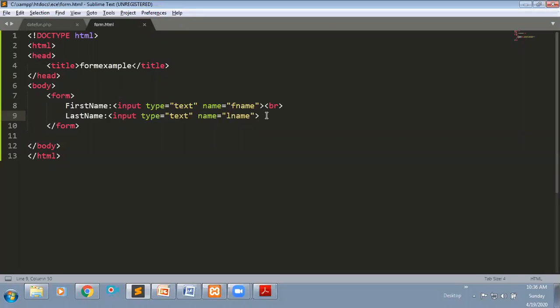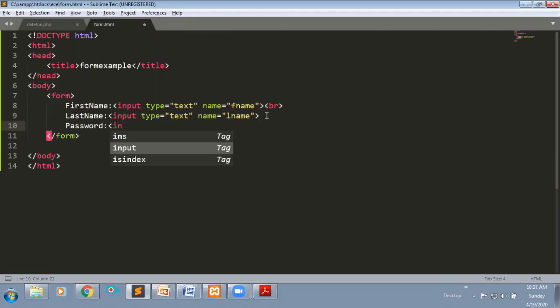For example, I want to read some password from the user. Same, just take password as a label. Here, by using the input tag only, I'm trying to read the password also.